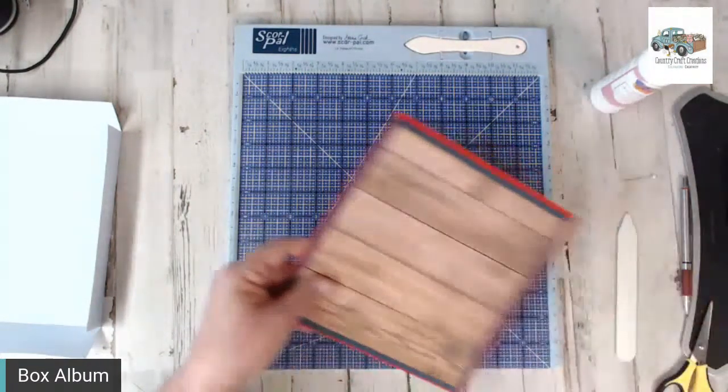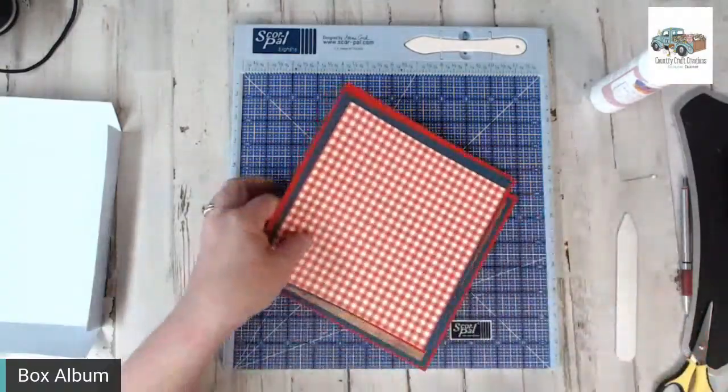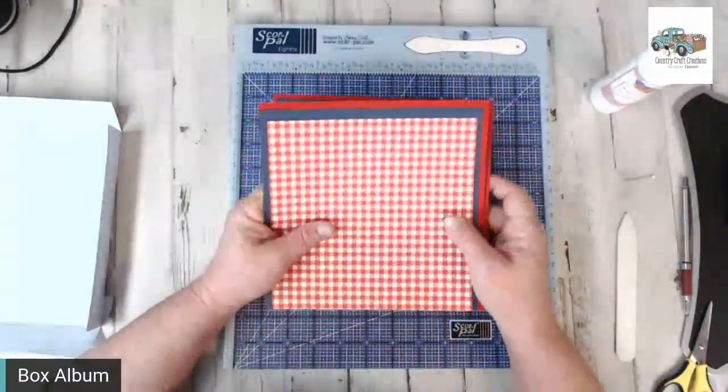Everybody have their paper ready. Because for your matting,